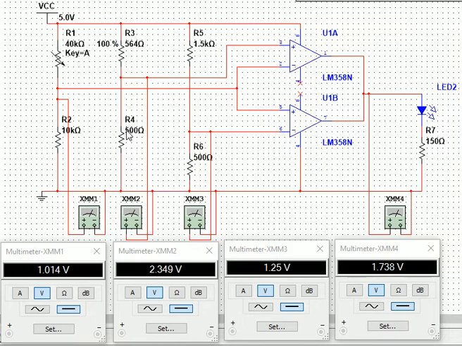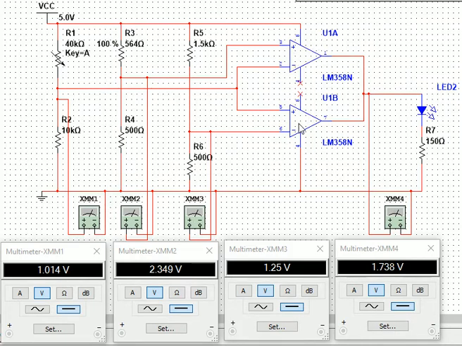The R3 and R4 is a voltage divider configuration used to create a reference voltage equivalent to the 5 cm range, which is the detection range of the IR sensor being designed. This R5 and R6 is also a voltage divider configuration used to create a reference voltage equivalent to the 10 cm. So the actual detection range of the IR sensor is 5 cm to 10 cm.